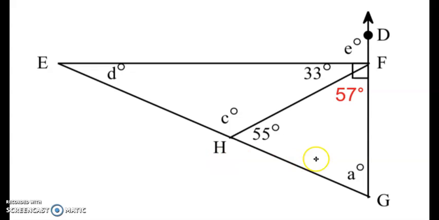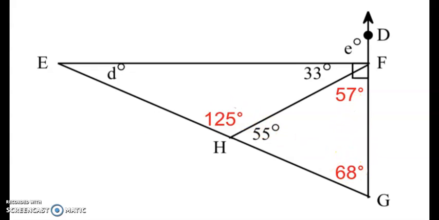Now, I can find A, because 55 plus 57 plus A add up to 180. So add those two up and subtract from 180, and it gives me 68. Now the third one I can get is right here. These two form a linear pair, so it means they add up to 180. So 180 minus 55 gives you 125. You also could have used the exterior angle rule and just added up 57 and 68 to